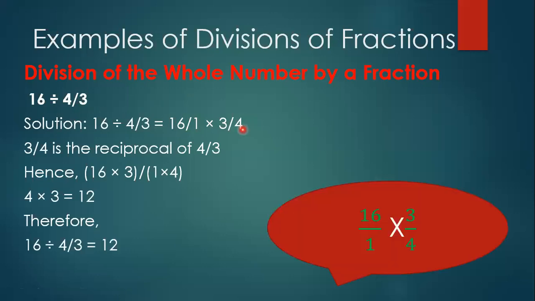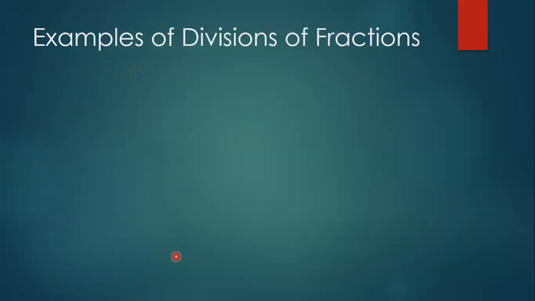Now children, we have learned how to multiply. 4 and 16 get cancelled with each other. How many times? In 4's table, 1 time. 16 comes 4 times. What are we left with in the numerator? We are left with 4 multiplied by 3, which is 12. And 1 multiplied by 1, which is 1. 12 by 1 gives us 12. Isn't that simple? The basic thing is that we are just multiplying. Just remember the first step. Leave the first fraction, change the division sign into a multiplication sign, and flip the third one. That is, find the reciprocal of the third one.